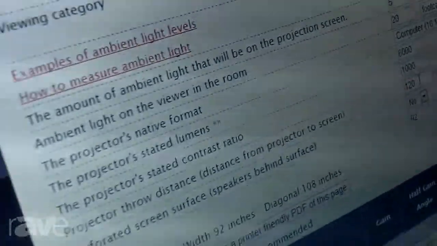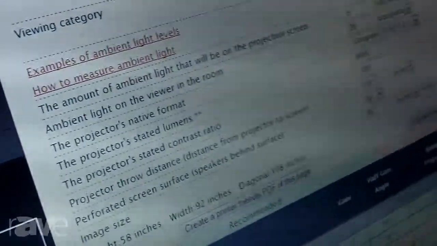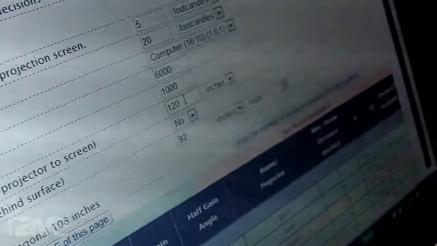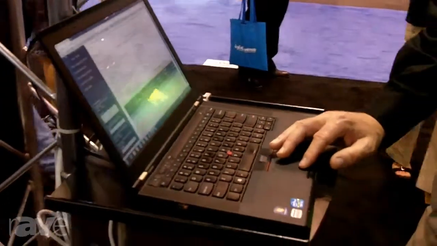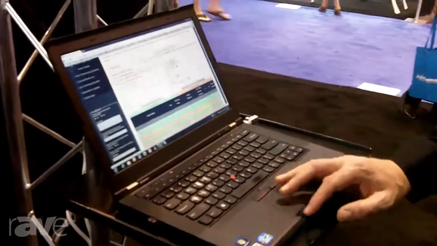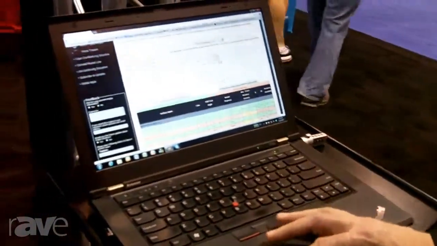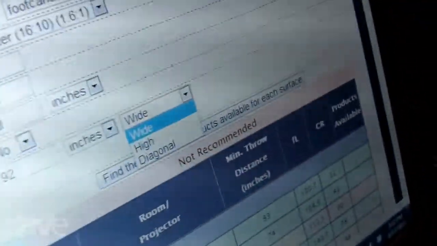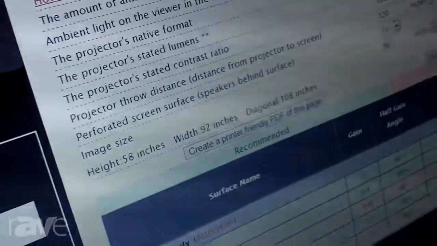Then we need the projection throw distance, because that's the only way we'll be able to tell the designer whether they're getting close to a hotspot scenario. And then from there you put in how wide the image will be, or tall, or diagonal, and the calculator will calculate over on the left out what the image size will be once you've selected your aspect ratio and the image width. So I'm going to put in